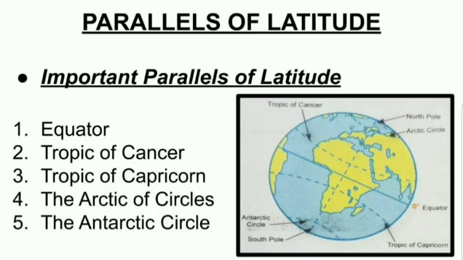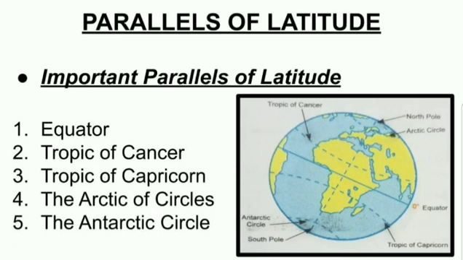So each parallel of latitude is a circular line from east to west. The lines which run from east to west are called latitudes, and they are circular, full circles. Just as the earth is a circle, the lines drawn on it are also complete circles. So latitudes are complete circles except the north pole and the south pole. N is written for latitudes which are in the north, and S is written for the latitudes which are in the southern hemisphere.